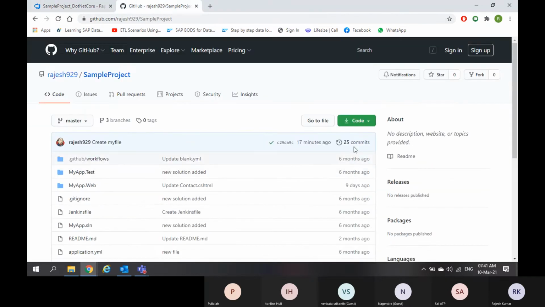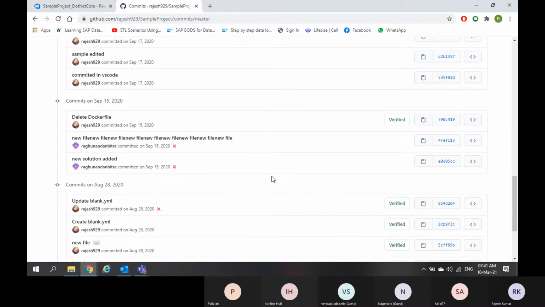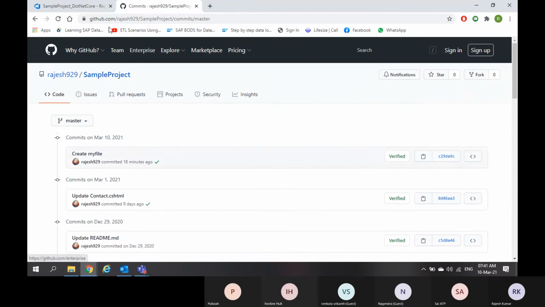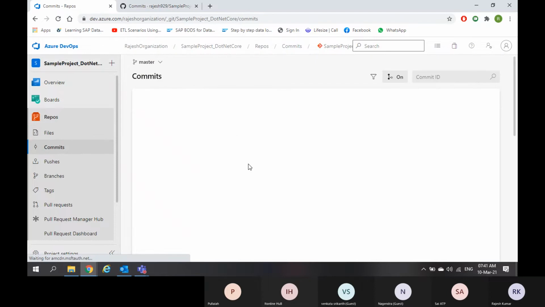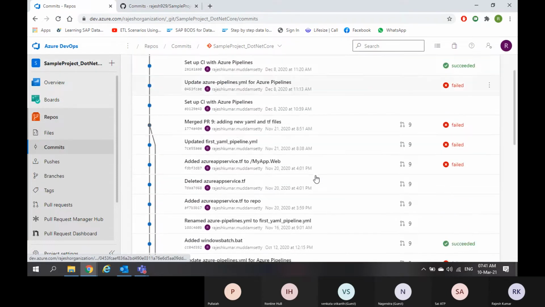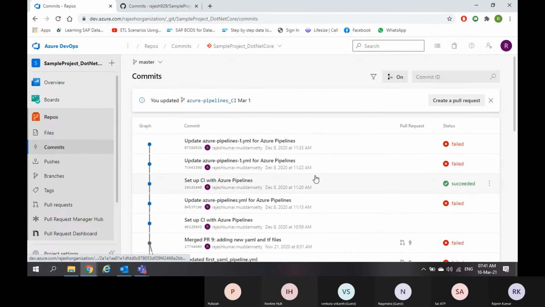And then here I am seeing 25 commits. If I click on these commits, it will show me all the commits which happened in this repository. Here I am seeing a separate commits section. If I click on this, now this shows me all the commits.